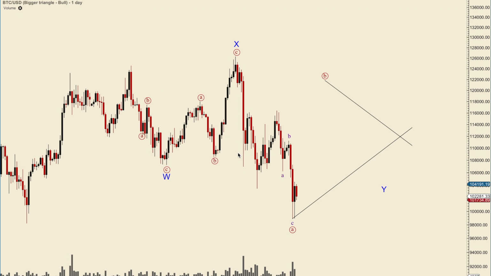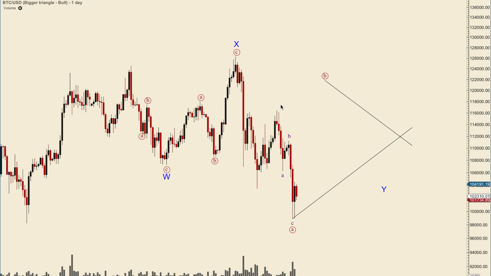ABC, because if this were to be an ABC, you need to have 1, 2, 3, 4, and then 5. And as I mentioned in my previous videos, this move down doesn't really look like a 5-wave structure. It could turn out to be a 1, 2, 3, 4, 5 like that, but as it is now, it doesn't have the highest probability of being a wave 5. And if it's not a wave 5, then we can't count this as a wave A, B, and a wave C. Then we need to count it as an A, B, C,